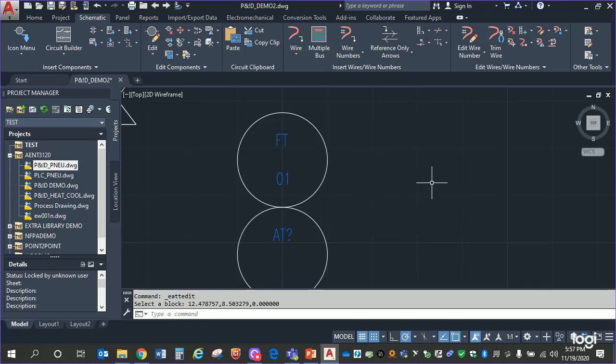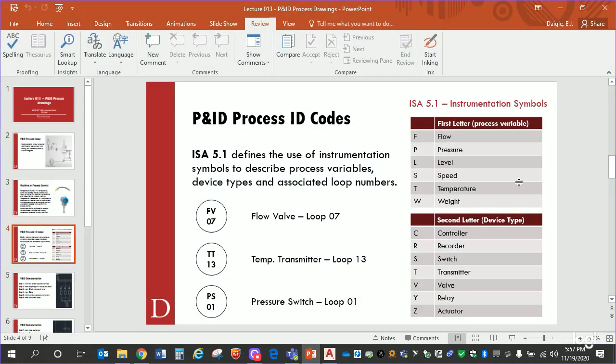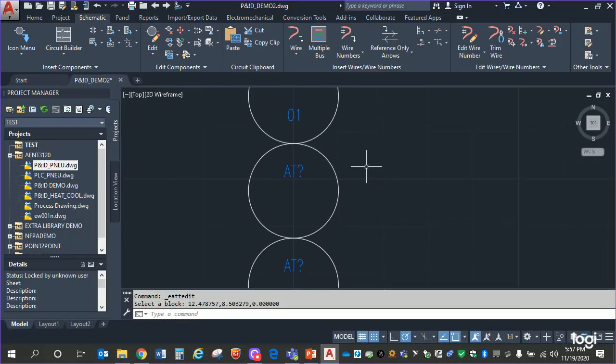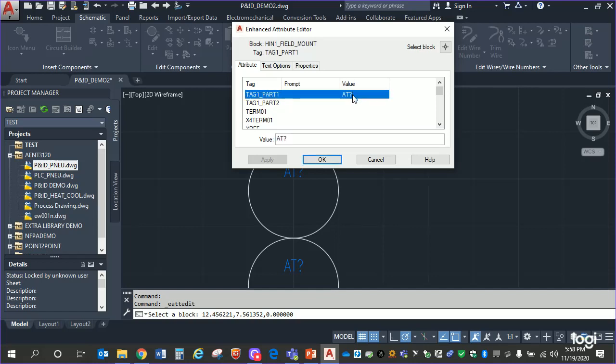Field mounted FT01. Now I might go back to my PowerPoint and say, well, what else could I do with flow? Is there anything else I could do? Could I control flow? I could do that, couldn't I? So I'll go back into here and I'll go into this next instrument and now I call it FC